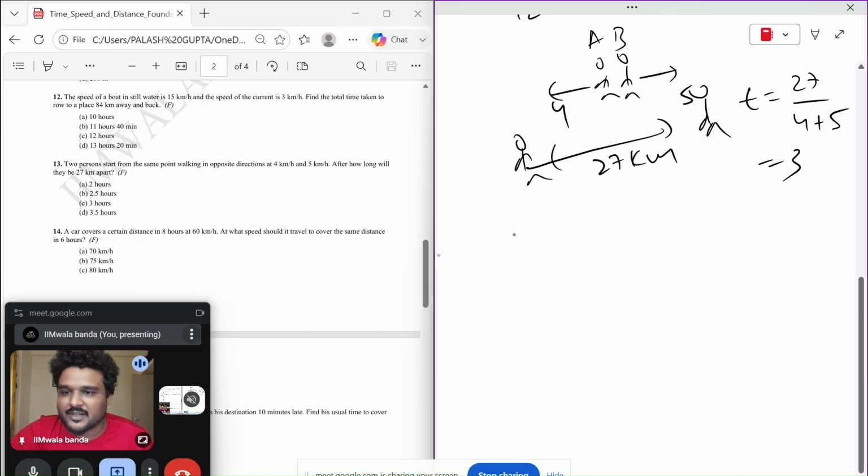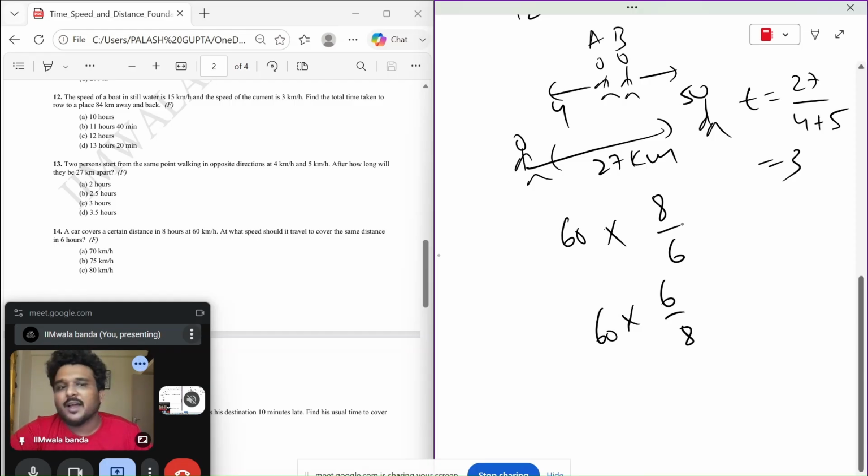A car covers a certain distance in 8 hours at 60 kilometers per hour. At what speed should it travel to cover the same in 6? Again, you know that when it is at 60 kilometers per hour, it is covering in 8 hours. Now it is to cover in 6 hours. So the speed has to be increased. Very quick way: 60, either I will multiply it by 8 by 6 or by 6 by 8. Basic unitary, because they are